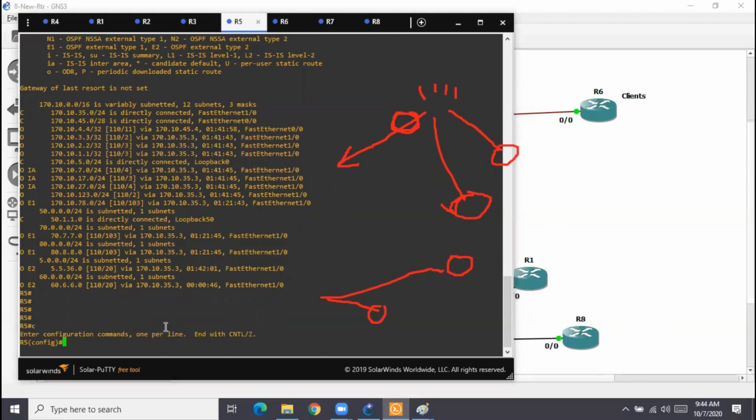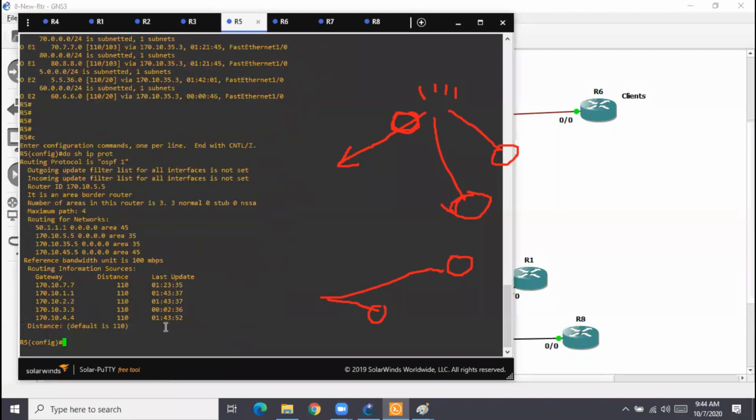So go inside the routing protocol. With OSPF, it's better to always do show IP protocol. Why? Because there could be multiple OSPF processes. Don't assume the OSPF process ID is always one, because in your real lab the routers might already have pre-configurations. Please understand, in your real exam you don't get anything to configure from scratch. Some initial configuration will already be there. You need to just do one or two tasks.